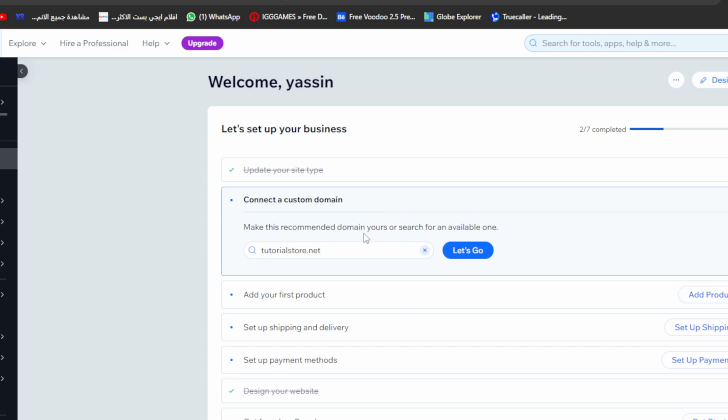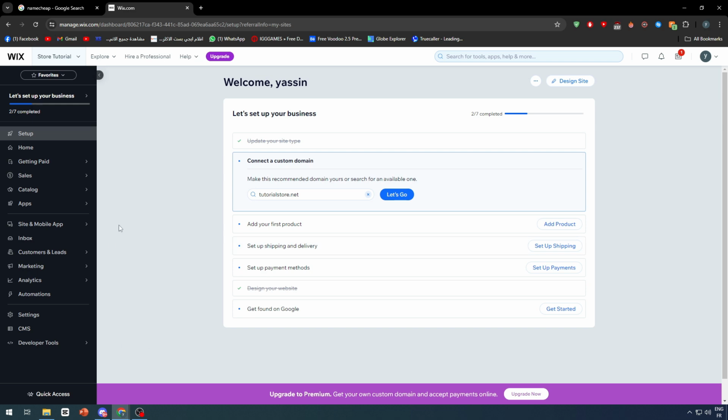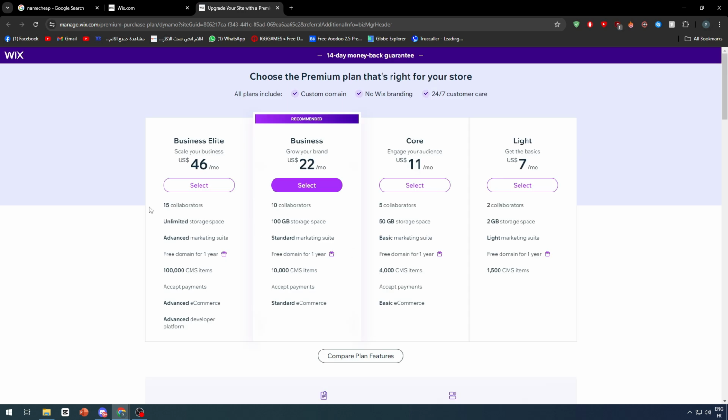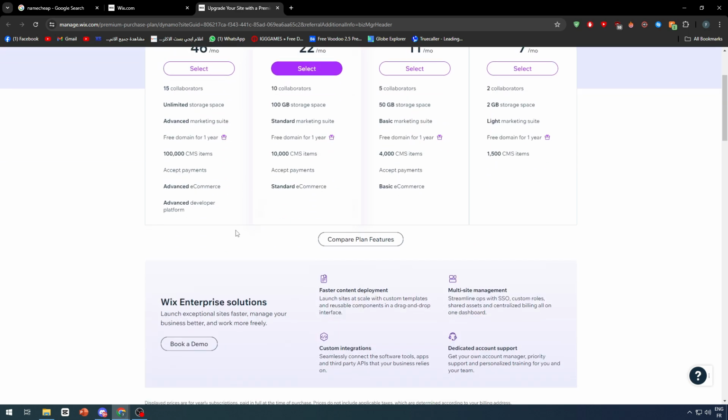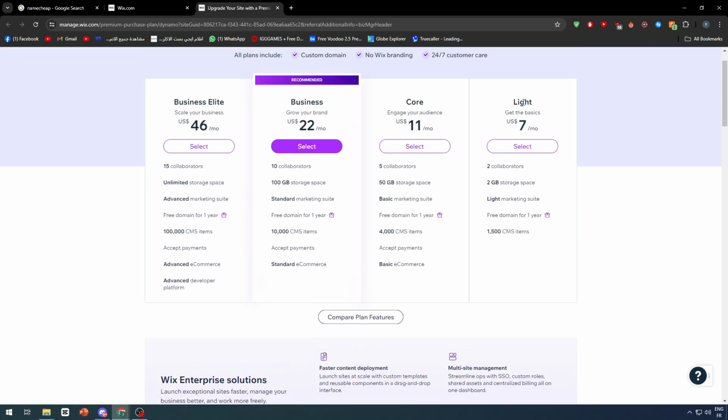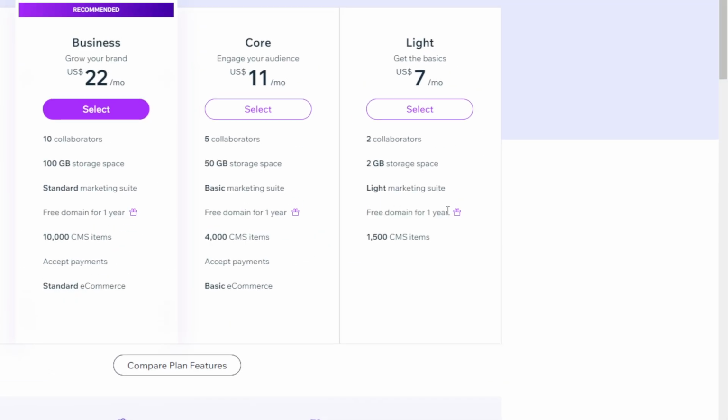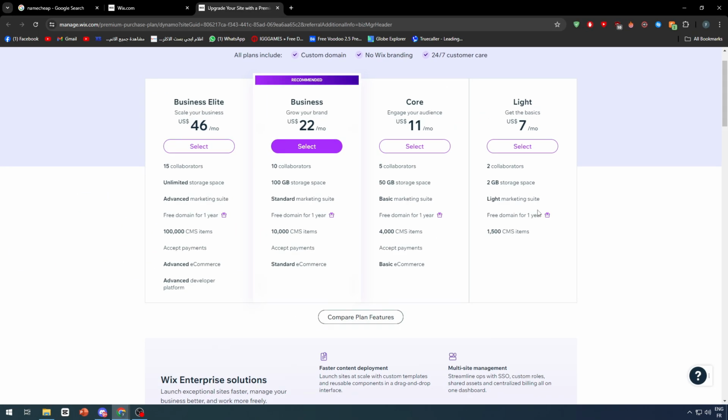So make this recommended domain yours or search for an available one. Now connecting a domain in Wix, as you might notice right here, let me show you. So as you might notice, it can be for free if you got the premium version. So here you get like a free domain. For example, with this light one, it will allow you to have one domain for free as a gift, and you might use it for your websites for the whole year,